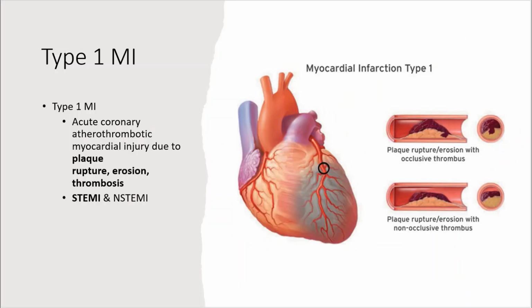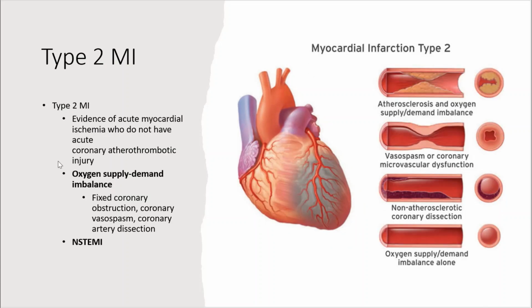A type 1 MI occurs when there is plaque rupture, erosion, and thrombosis that occludes the whole artery, and usually they present with STEMI. Here you can see on the picture the plaque rupture and erosion with the occlusive thrombosis pretty much occludes the whole artery. A type 2 MI is when there is evidence of acute myocardial ischemia but do not